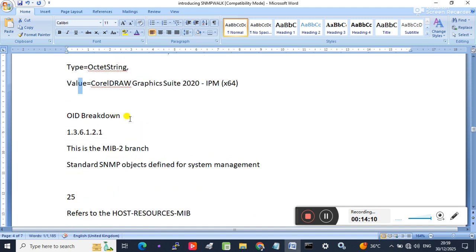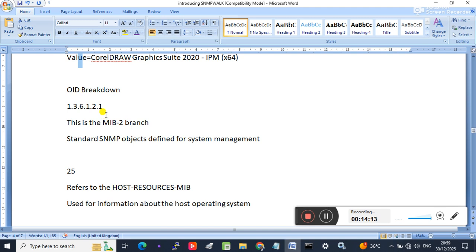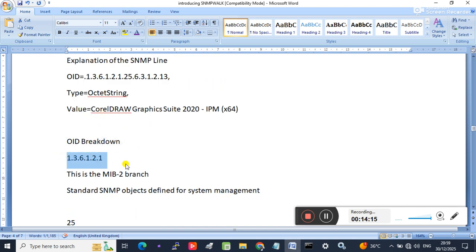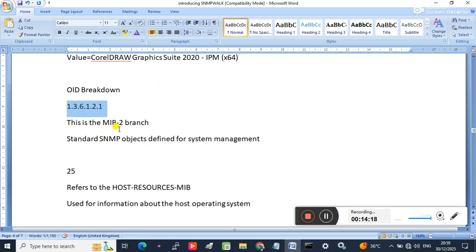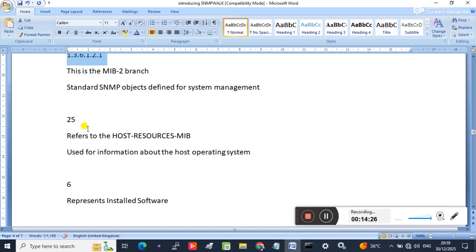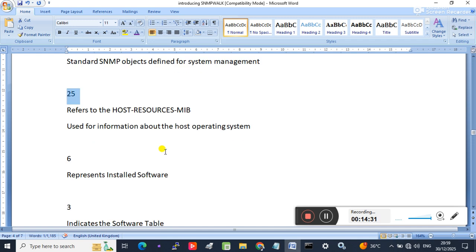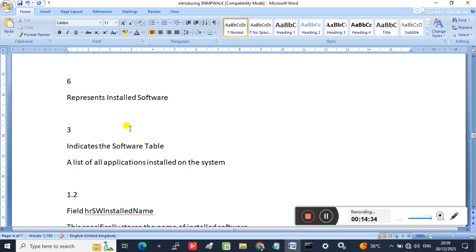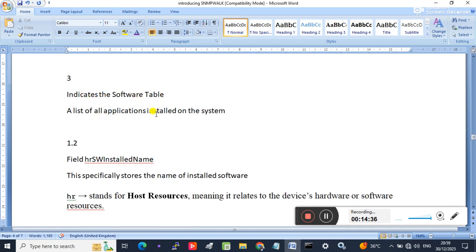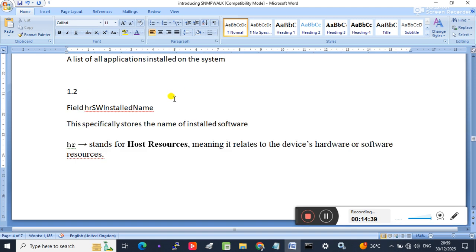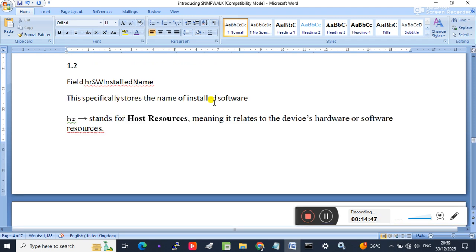So let's break down this OID for us to understand. This part of the OID is the MIB-2 branch. It is a standard SNMP object defined for system management, while 25 refers to the host resource MIB, used for information about the host operating system. Then 6 represents installed software. 3 indicates the software table, a list of all applications installed on the system. The 1.2 represents hrSWInstalledName. This specifically stores the name of installed